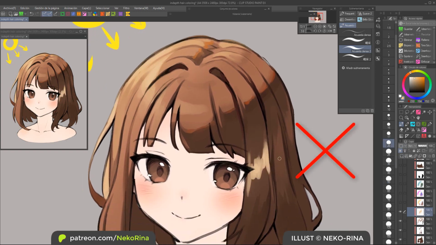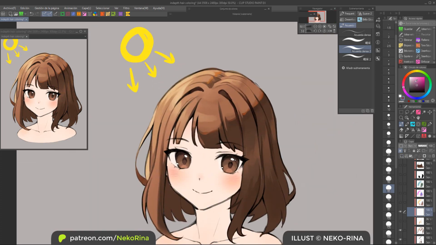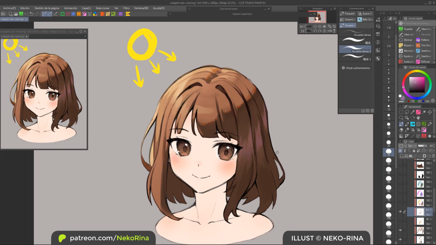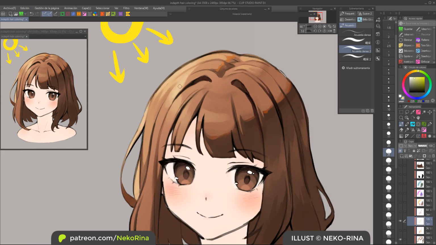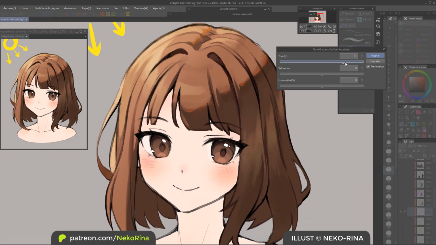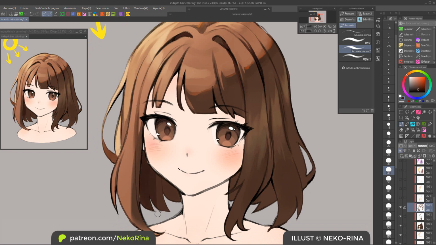So I'd suggest giving this section of highlights a darker color. And you can even make the highlights fantasy colored. I like giving them a bit of variation, either by using analogous colors, which means colors that are near your main one, or opposite colors, or just colors that already appear on the character's design for the sake of keeping the picture within a consistent color palette.